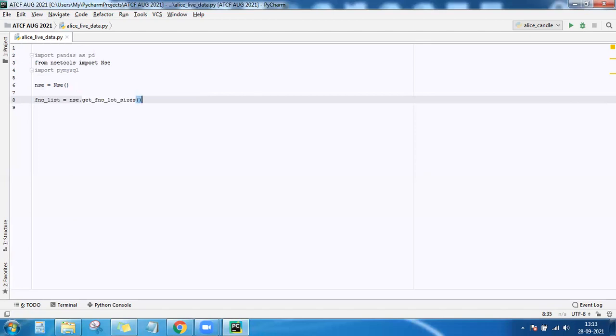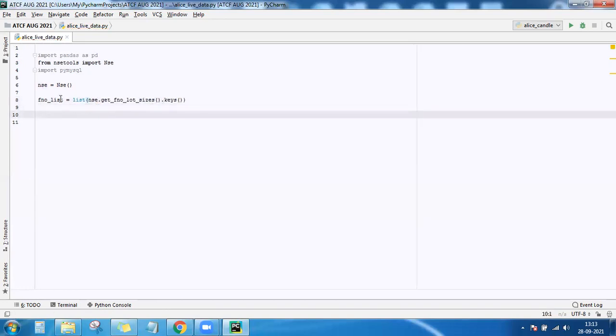I'm only concerned with the keys, because in a dictionary you can separate the keys and values. So dictionary dot keys is going to give you only the keys. Now when it gives you that, just convert it into a list.